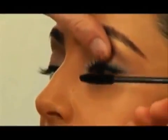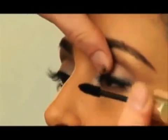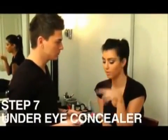When you're doing the mascara, again, I like to lift up the eyelid to really get into the root there. Now after Mario applies all the eyeshadow and finishes the eyes, he does the under eyes, all the concealer. So first you take